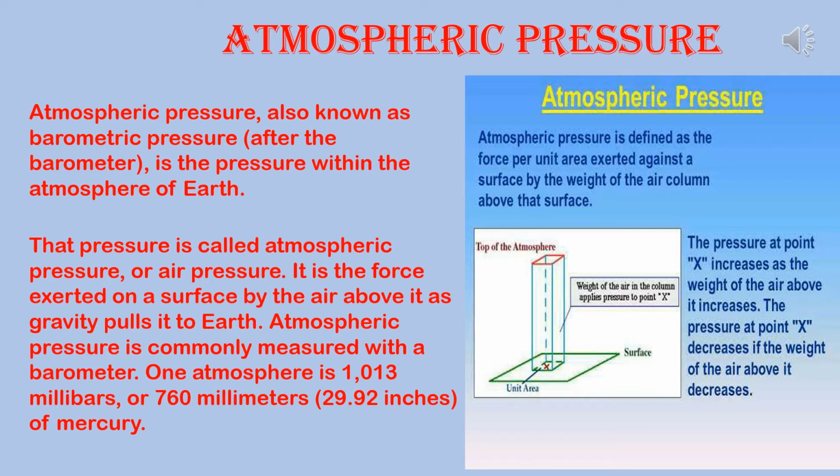The Earth's surface is surrounded with air extending up to a height of about 500 kilometers, and it is called the atmosphere. The atmosphere mainly contains 77% nitrogen and 21% oxygen and a little amount of rare gases, carbon dioxide, water vapor, etc. The pressure exerted by the column of air is called atmospheric pressure.